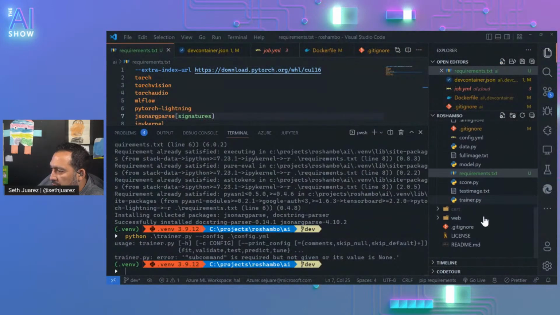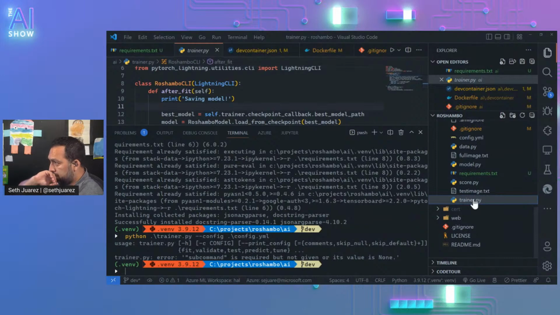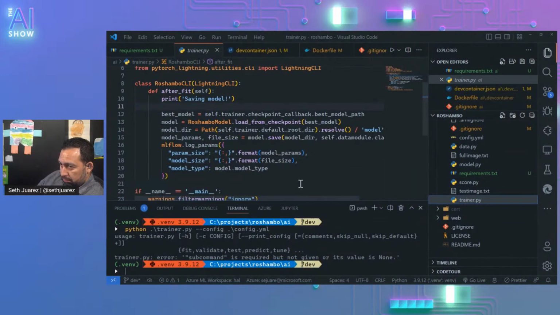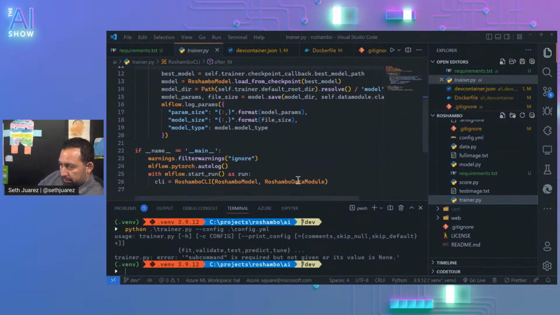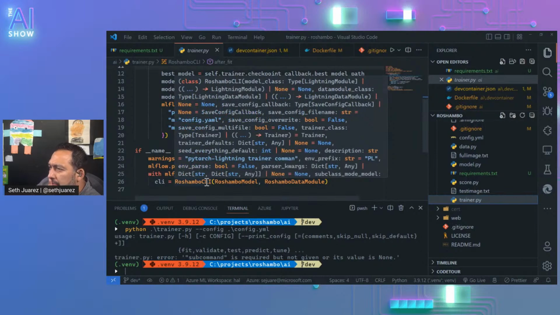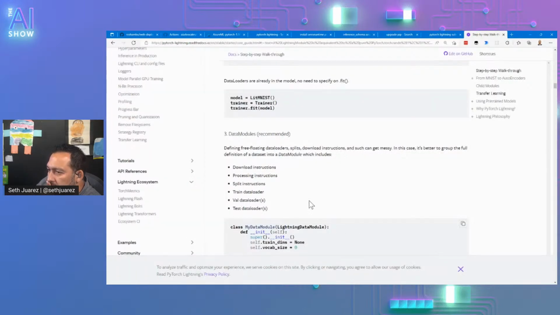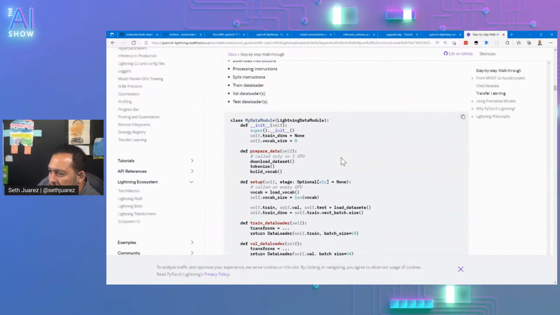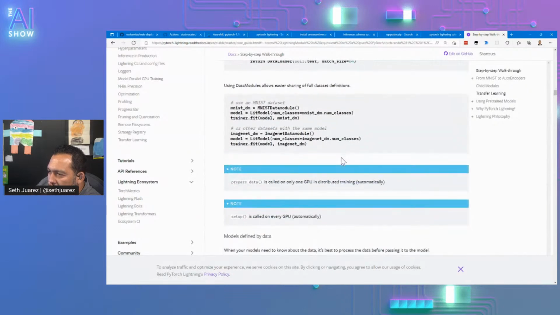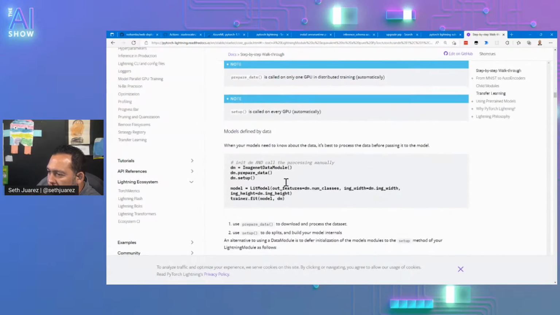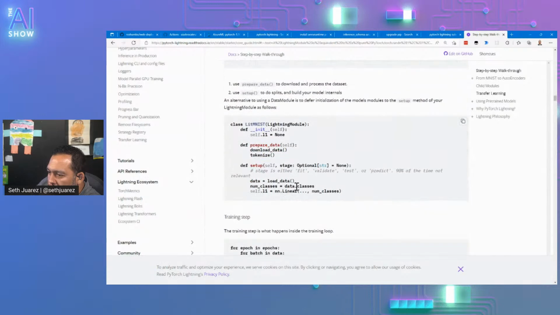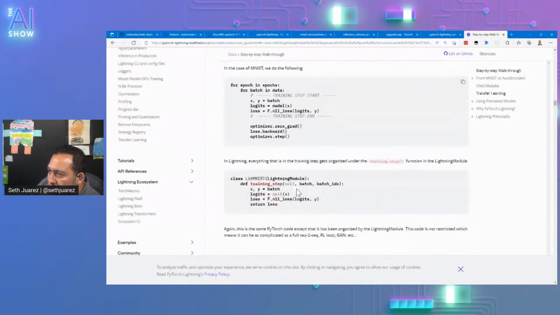I'm trying to remember what our trainer did. Okay, so this obviously needs to be told what to do. Prepare data, GPU, training step, blah, blah, blah.